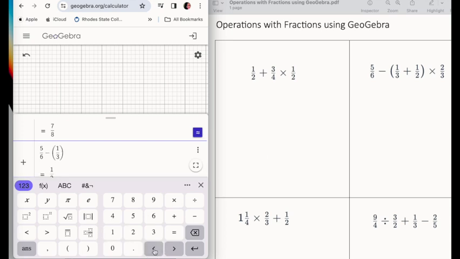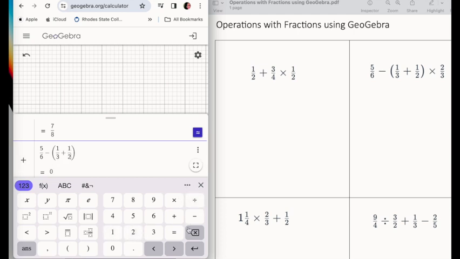Now I'm going to purposely show you what happens if you don't come out of the denominator. If I put 1/3 and I don't come out from under the denominator and I start adding, I'm going to do plus 1/2. GeoGebra thinks that you're still in the denominator. So now that you see what happens if you don't come out from the denominator and you don't hit that arrow button, you'll know what to expect, and you just delete it and retype everything back in. So now I'm going to put in plus